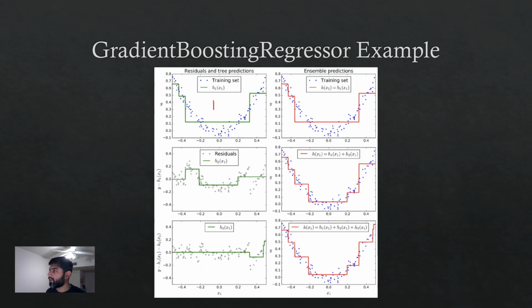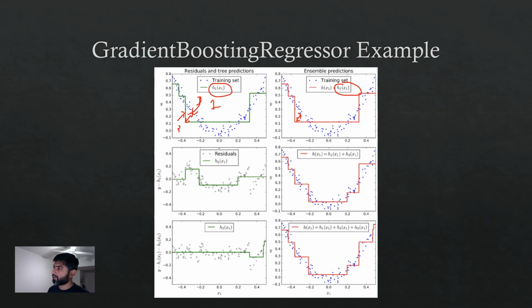So in the first step, the green line is the prediction line and the blue dots are the original data points. So this is my data set. In the first iteration, it fit a green line, but you see at this location it has a lot of error. So the ensemble prediction has a lot of error. What I mean by that is prediction equals h1(x1), and the green line was h1(x1).